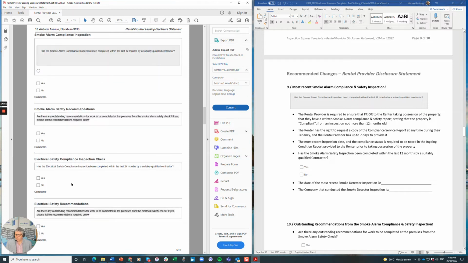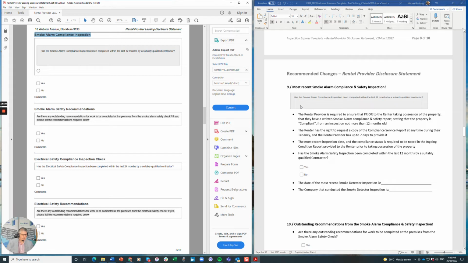smoke alarm. So here's the inspection and there's the recommendation. So we've got 1, 2, 1, 2 and so forth. Okay, so has the smoke alarm, actually don't worry about that. Most recent smoke alarm compliance and safety inspection is going to be there. Item 9, the rental provider is required. And so we've got 1, 2, 3, 4 points that'll be sitting inside of there with bullet points and ideally